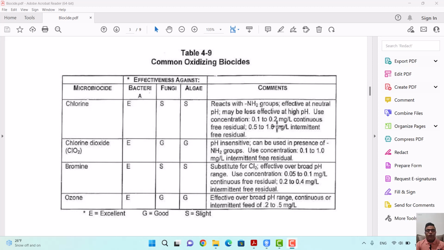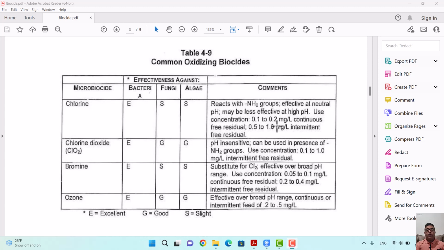And of course, I like this recommendation. It is a good recommendation. It should be followed because most of the time we follow these recommendations and we try to maintain the residual between 0.1 to 0.2 ppm of the chlorine. But what I'm saying is that sometimes